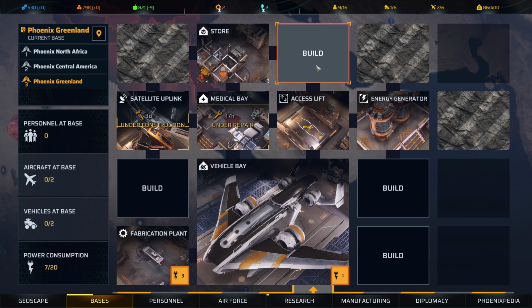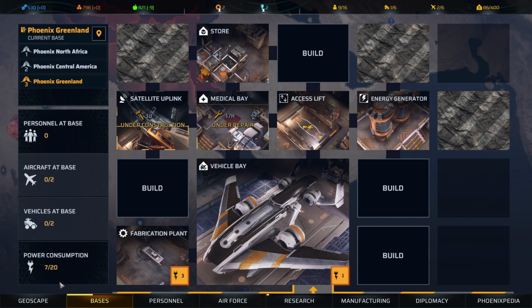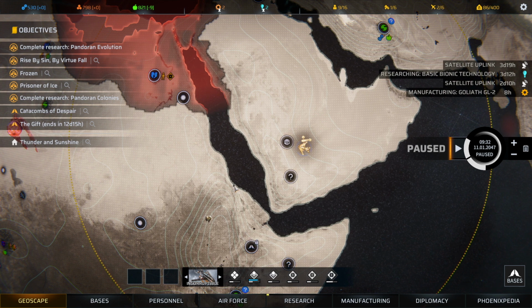Eventually I'll need it as we gain more personnel, but that's kind of going contrary to, hey, build it now while we got it, so I can't even stick with my own policy, right? And then finally,